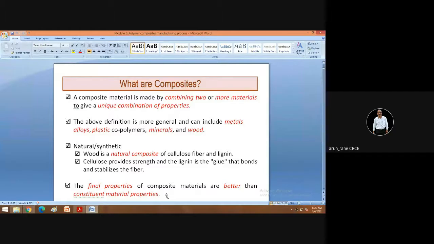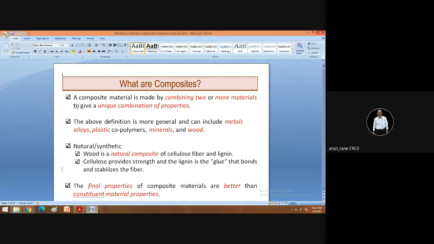Okay, because now the lectures will get over at the end of January. So whatever lectures have been taken so far, you just complete your backlog. Go through the notes which have been uploaded in the classroom.